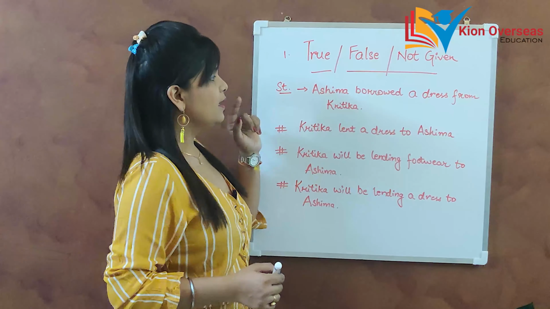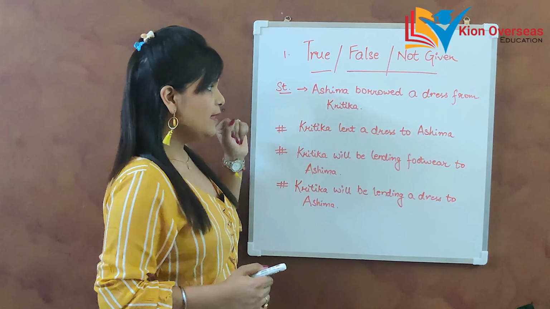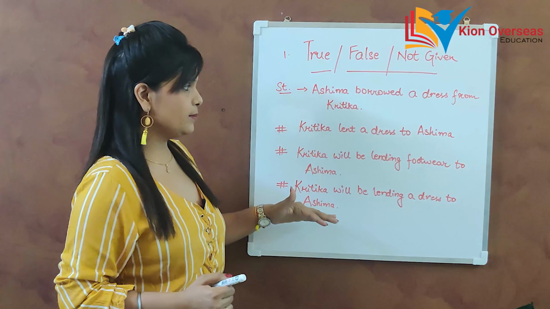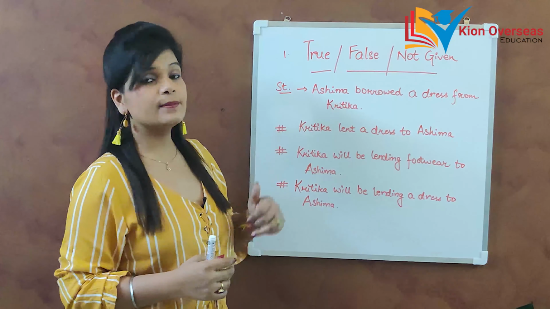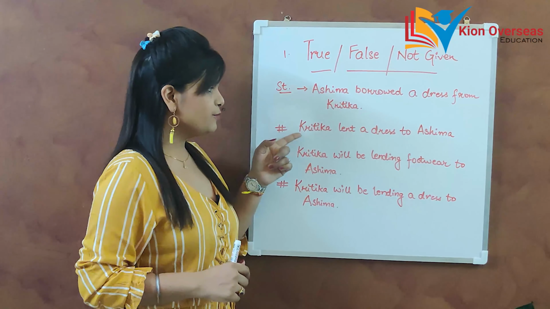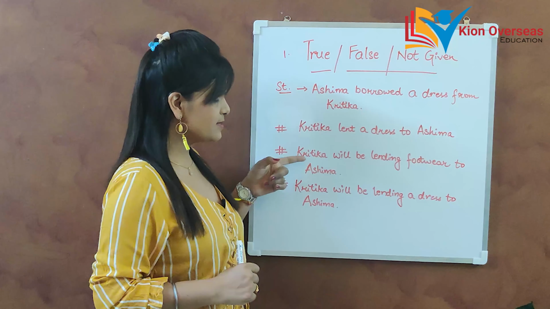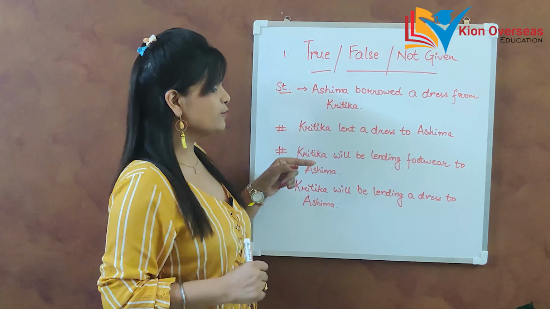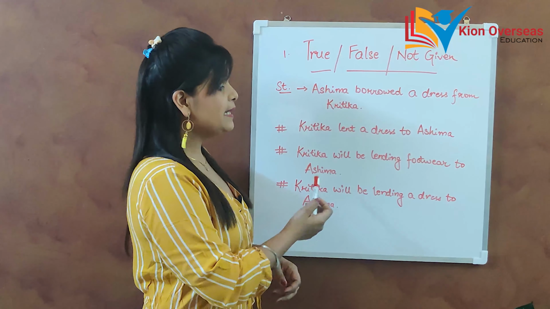For example, here is the statement, Ashima borrowed a dress from Kritika. Now there are few statements that are given below. You have to figure out which statement says the above statement is true or false or not given. So now the first statement says Kritika lent a dress to Ashima. Second statement says Kritika will be lending footwear to Ashima, and the third statement says Kritika will be lending a